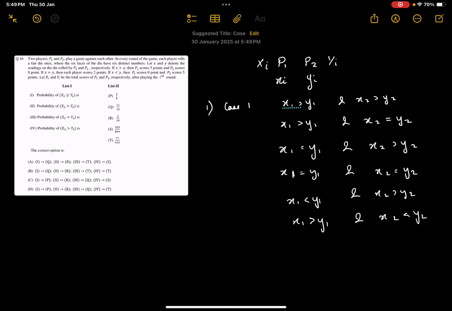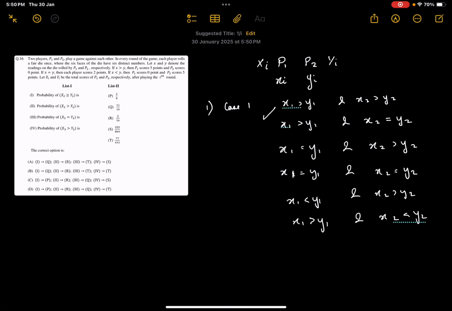So notice in the first four subcases capital X2 would be greater than capital Y2, and in these two cases X2 would be equal to Y2. So by doing this segregation, we will get the answers for both the first and second parts. So let's quickly calculate the probability